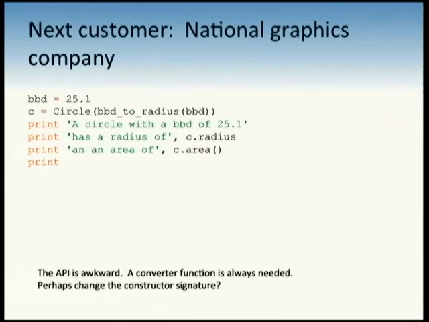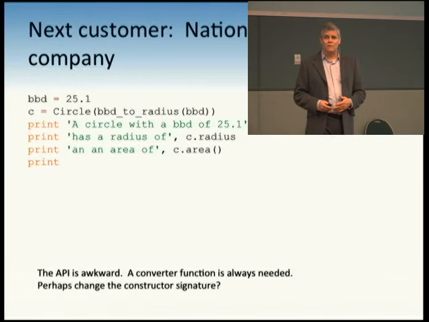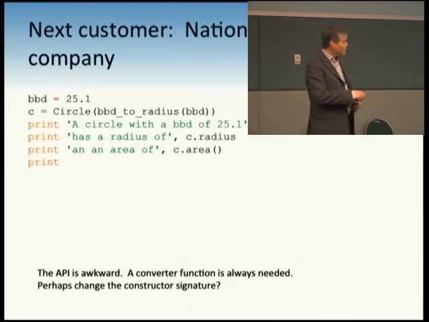And so we get a call from the national graphics company. Now, when we're dealing with these big people, they change the rules of the game a little bit. They are not going to take our product right out of the box. They're going to have custom needs. In fact, they have many suppliers. They have a circle supplier, a square supplier, a triangle supplier, a pentagon supplier, and a cross supplier. And they don't want a different interface to each of them. So what they need is a converter method because all they're interested in is the bounding box of the shape.